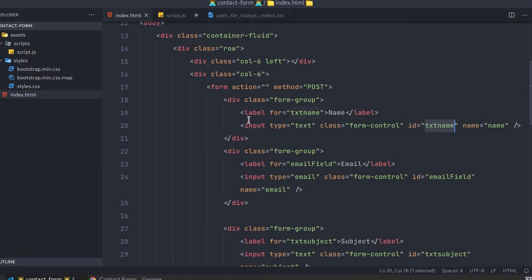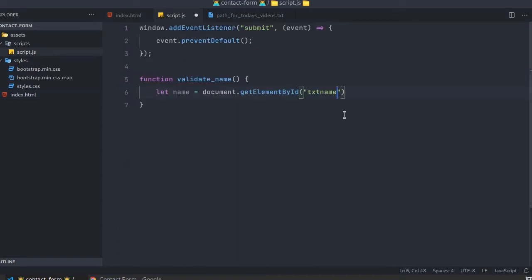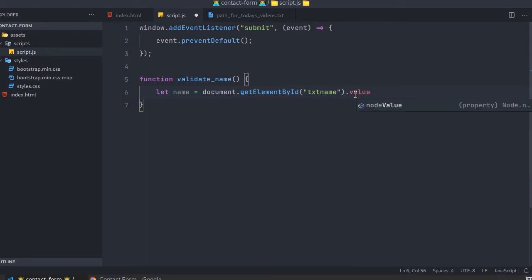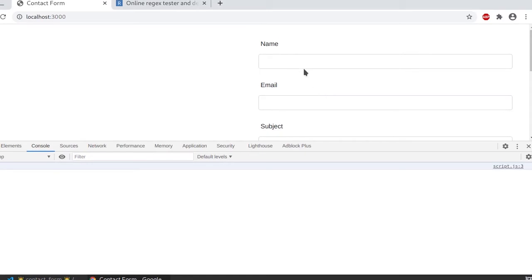So copy the ID for your name field, paste it here, and then .value. Now the text field value has been copied into this variable. Whatever the value is in the text field, that will be copied into it.